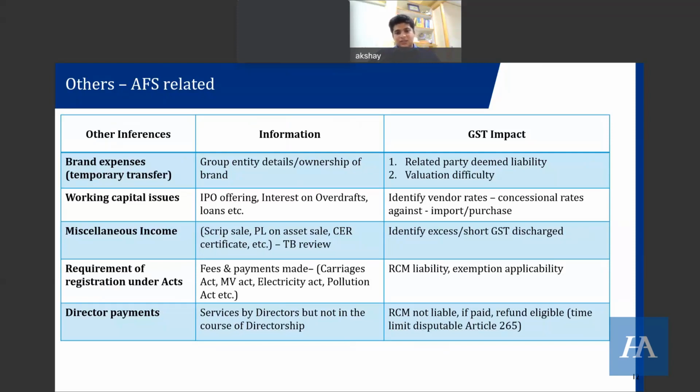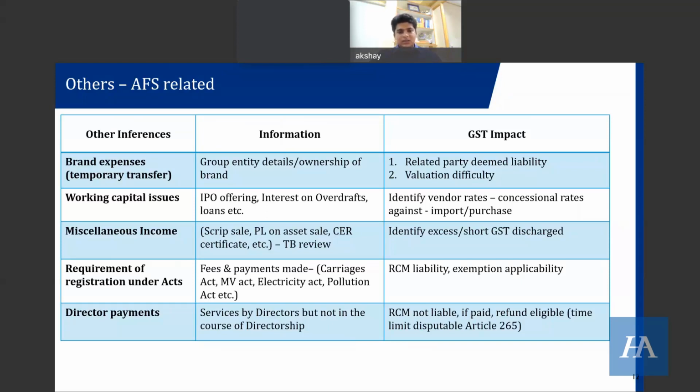So how does this help us? The implication is we can identify whether there could be an RCM liability. For example, recently there was an information on national permits where it said that the liability with respect to the same is exempt going forward. So what about the past? Is it deemed to be liable? Do I need to pay under reverse charge? So that is something which recently came up, and that the liability didn't arise from GST law specifically. The permits were given based on the Motor Vehicles Act. So knowing other laws, allied laws, linked laws, reading them, identifying what are the costs which are paid by the entity through those acts is very important.